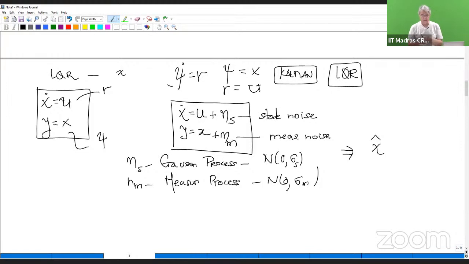Okay. Now there's a bunch of theory involved in all this. What Professor Kalman solved was the following problem. There may be many ways of trying to solve this problem, so I have to bring some characteristics of optimality here. So Professor Kalman wrote it in such a way that what we wish is to minimize the expected value